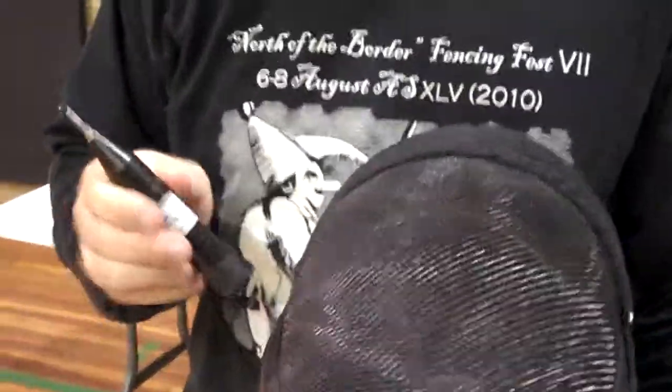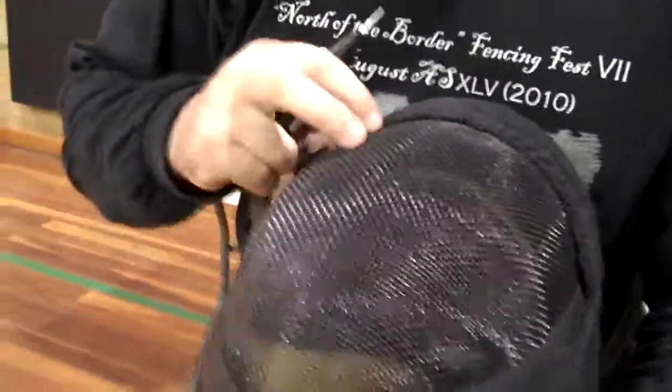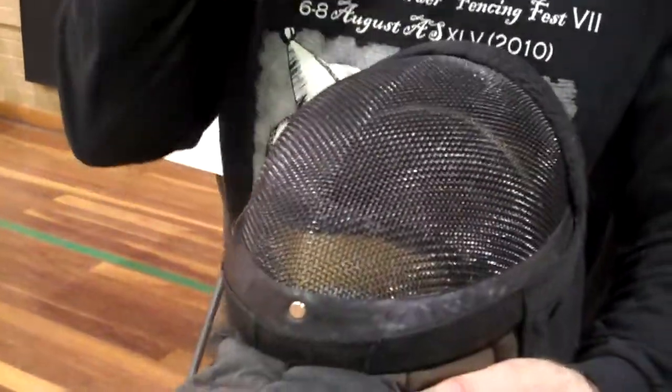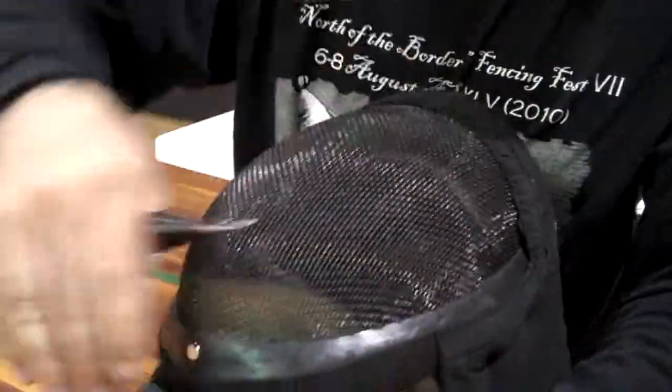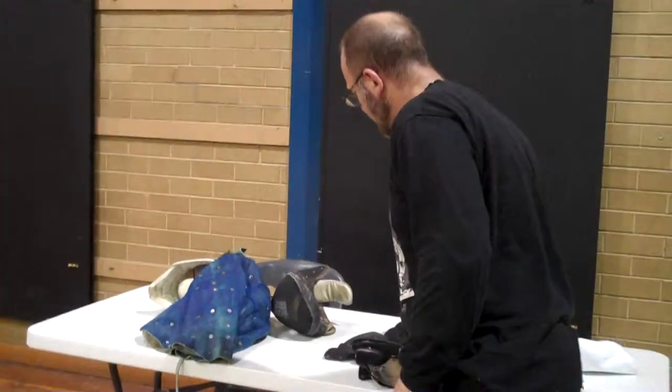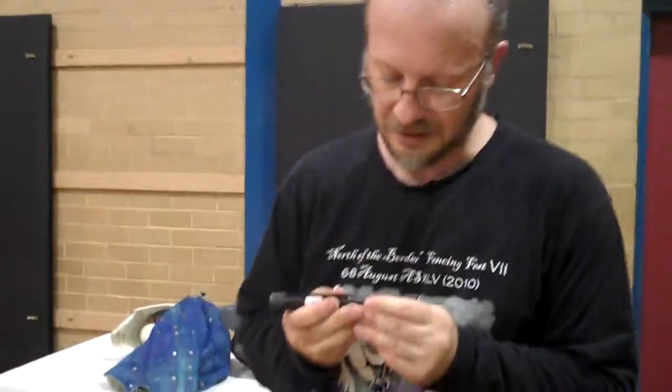So I go in, and you can see that's gone down, and that's what a pass looks like. What you would do is, there's no damage on this one, there's no rust spots to check, so I'd probably just do a few spots down here, maybe around where the eyes, and lower down, and a few down this side as well, and then you'll pass it and write your little SAM sticker. Now,